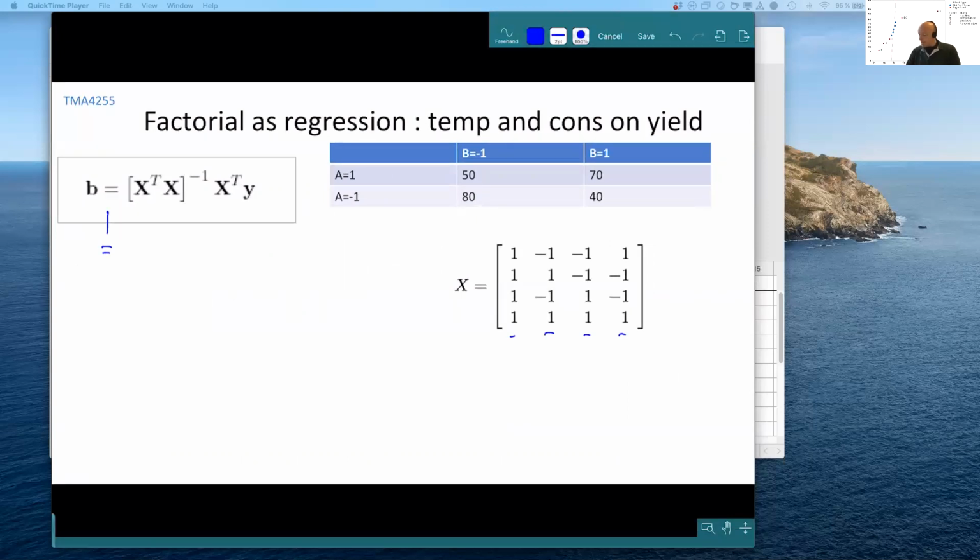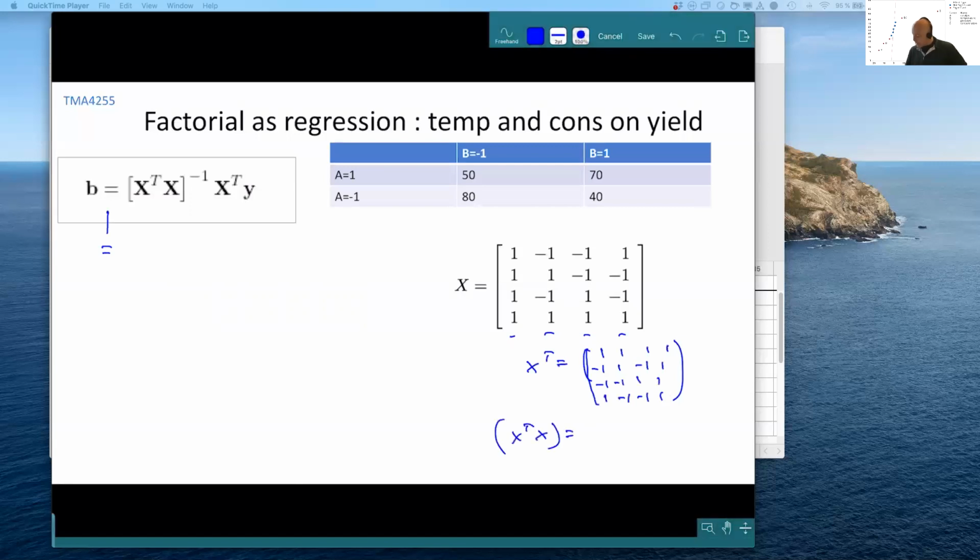If we multiply this matrix with itself, we will see that X transpose is just shifted: 1, 1, 1, 1, minus 1, 1, minus 1, 1, minus 1, minus 1, 1, 1, 1, minus 1, minus 1, 1. This is X transpose. So if we multiply this X transpose X,